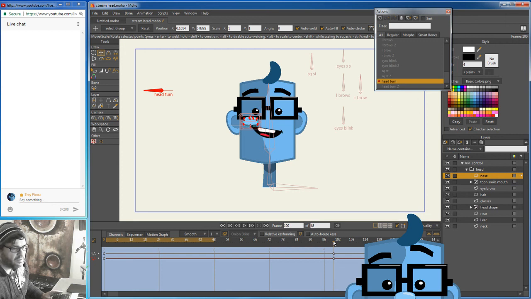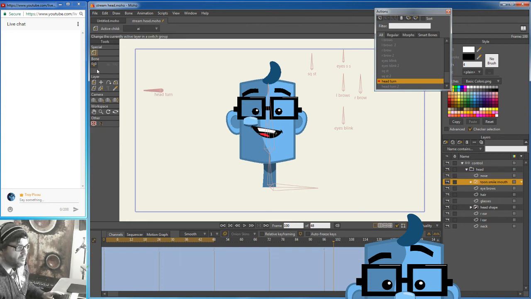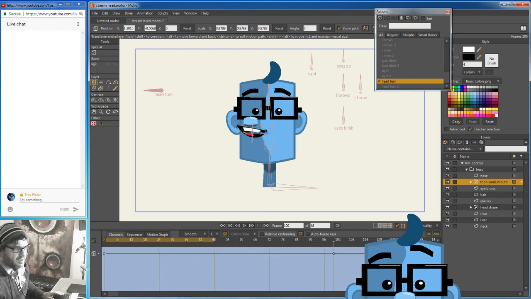So now, when that bone moves, that nose moves. So once we move everything over, it'll look like his head's turning. And that's the whole concept behind it. So we'll grab the mouth, right? And we'll grab the layer tool, since it is a combine layer. Now we'll grab this side and we'll kind of shrink it down just a little bit. Right there. So now when we turn this,